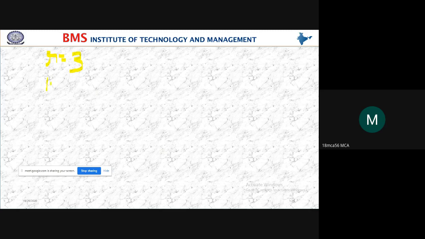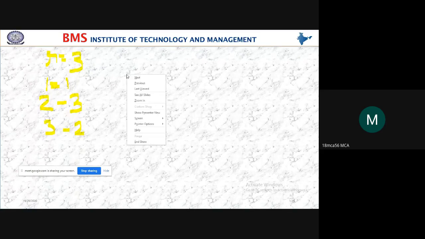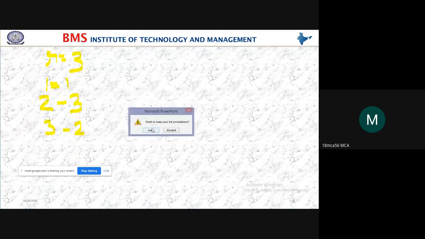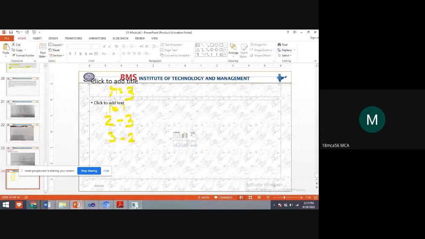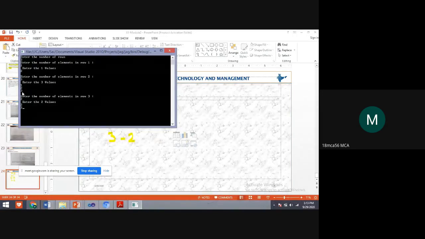First row, how many values am I giving? 1 value. Second row, 3 values. Third row, 2 values. Now my matrix is like this. What are the values I have given? 2, 1, 2, 3, 2, 3.